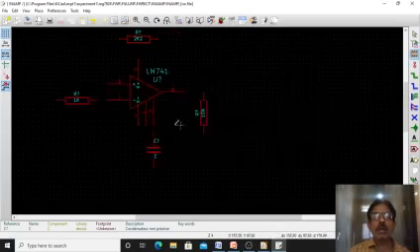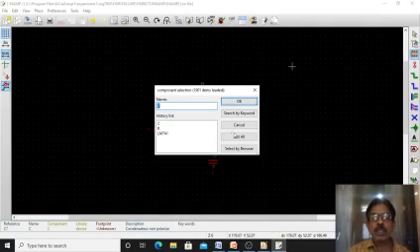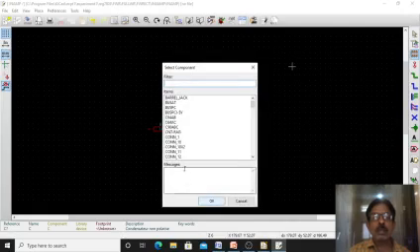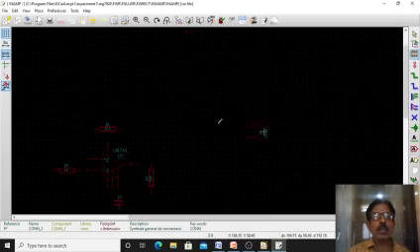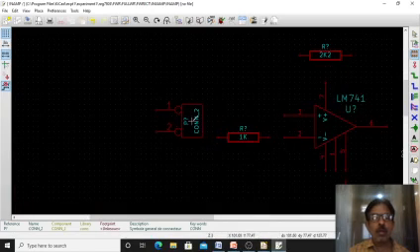Then I require two-pin connectors and a 3-pin connector. List all, then CONN connector, CONN2, connector 2, you select. Rotate it.